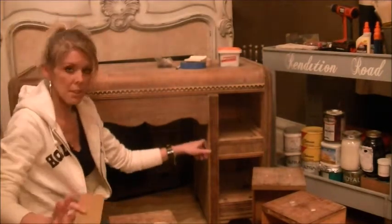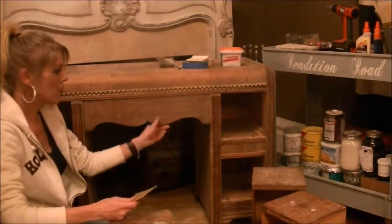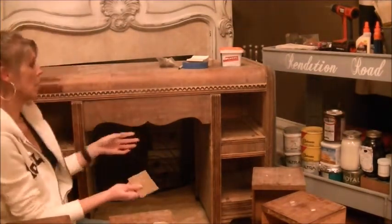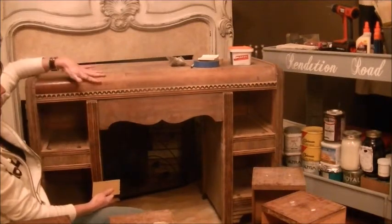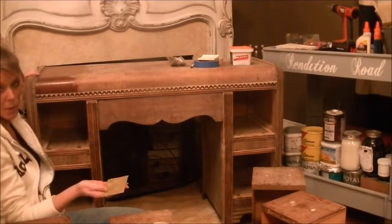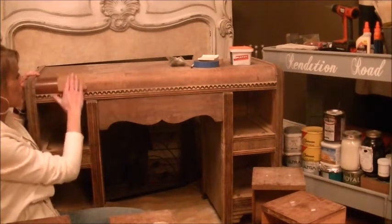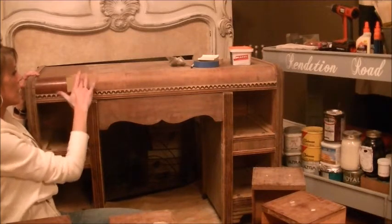So for the sake of time, I've already sanded quite a bit of this actually. And I really did not use much pressure. I know you can't see the pressure I'm using, but you can see the difference in the before and the after. This is what I had started with, so there is quite a bit of gloss. You want to always make sure you go with the grain of the wood. So this curved spot was a little tricky, but without really much pressure at all, you can see that